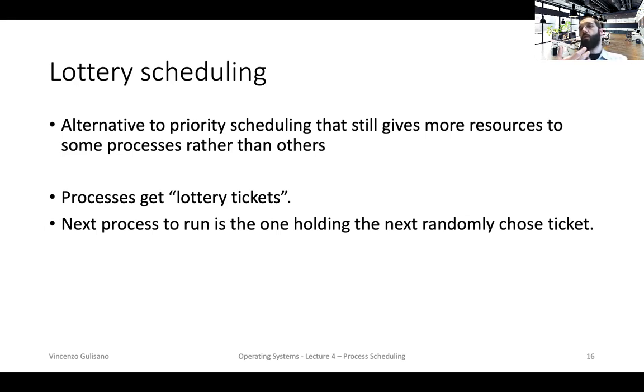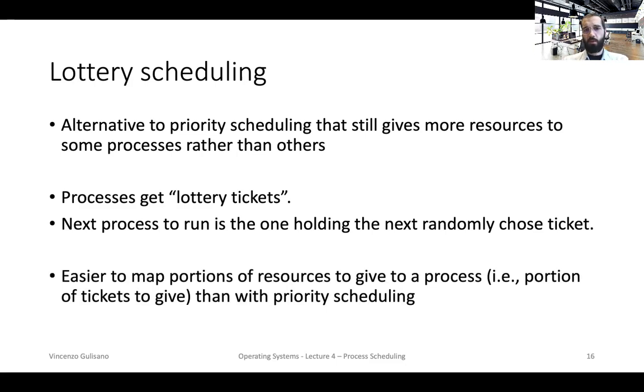So you can imagine that if you want a process to run 50% of the time and other two processes to run each 25% of the time, then you can distribute a certain number of tickets accordingly to these proportions. And then on the average, this is what will happen when you use the lottery scheduling. So it's easier to map portions of resources to give to a process, because basically the portion of tickets you give to that